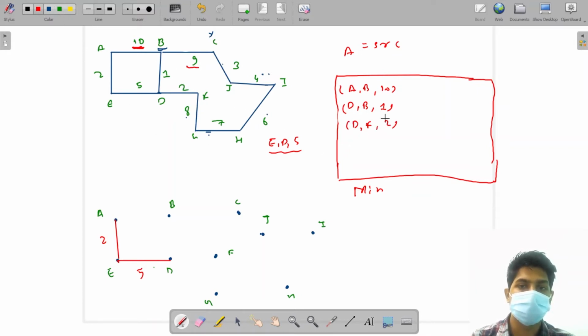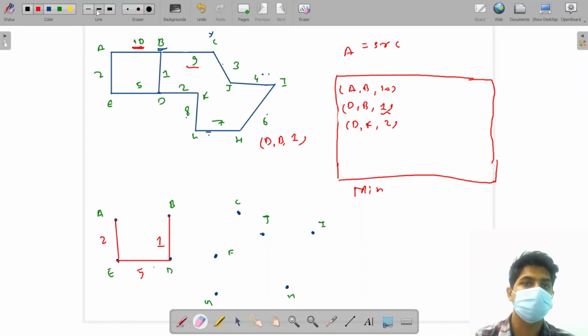Whichever is minimum, choose that. So 1 is the minimum, so we'll remove this node. Here we'll write connect D to B with a cost of 1. It is saying to connect D to B, so we'll do that. Let's connect D to B and the cost is 1. After that we have to add the neighbors of B, and we have not done one thing, we have to mark visited also.